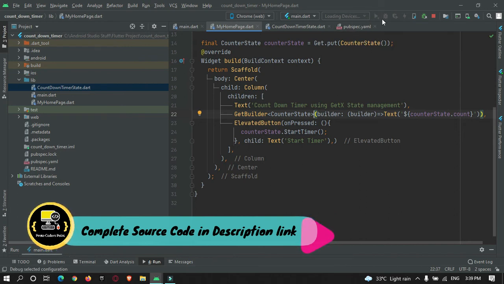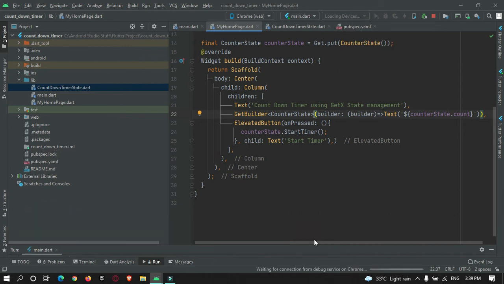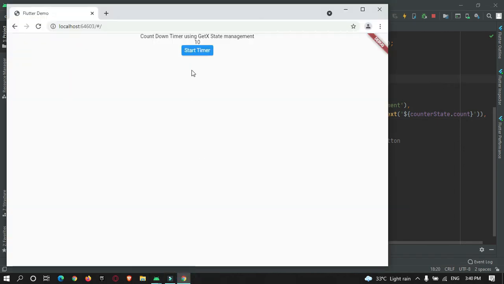Now let's restart the app. I have just started the app. Let's wait. Okay, our app is running. As you can see, it has a button, a text, and the counter variable is displayed. When I press this button, you can see the counter starts.